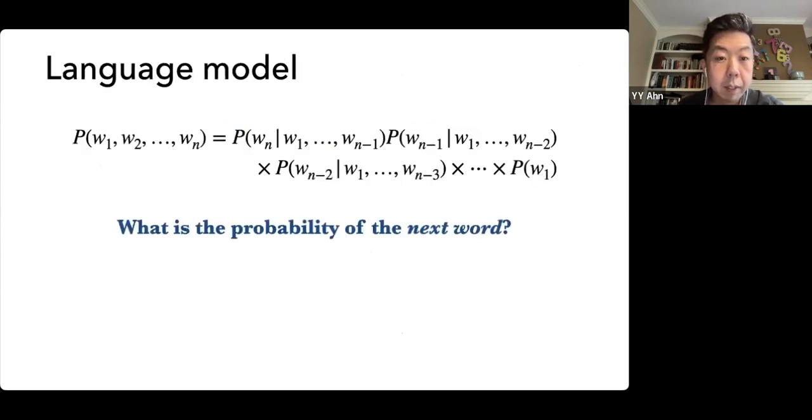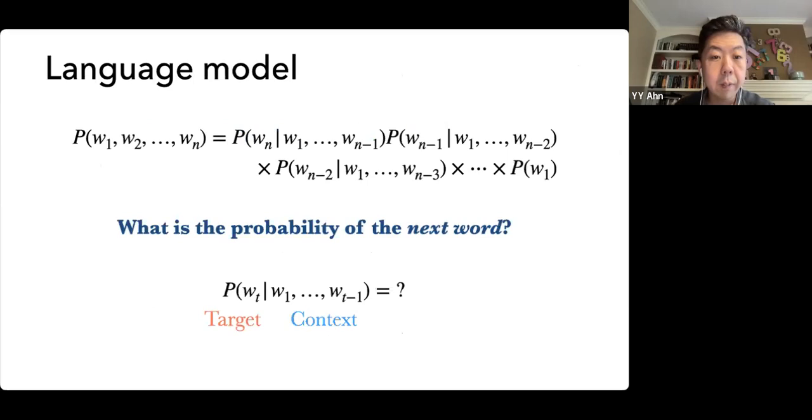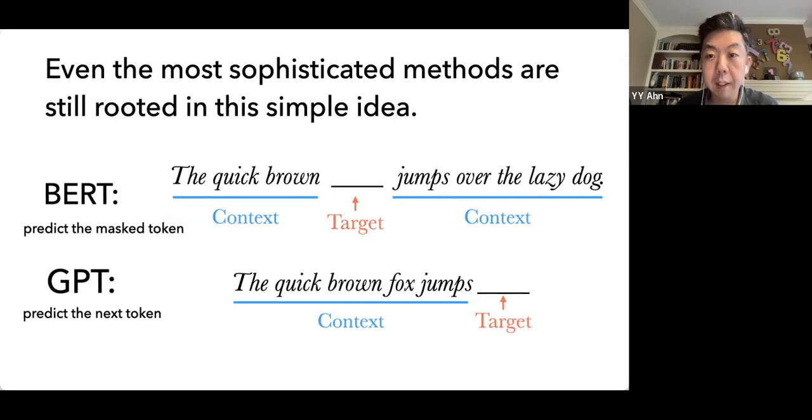And then that means it boils down to the question of, given all the words you have seen, what's the probability of the next word? And that's essentially the heart of the language model. So we can think of all this context that appeared before, and then we are predicting the target. If you can do that really well, that means we have a good model of language. And essentially, that's what GPT does. Actually, it's all GPT tries to do: given all the tokens you have seen, what comes next?